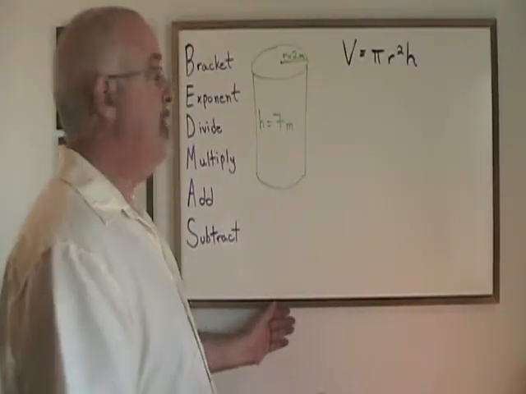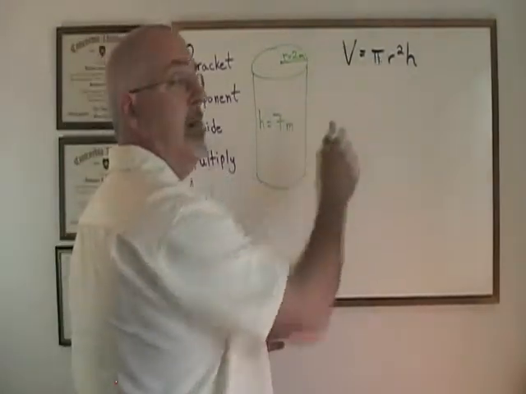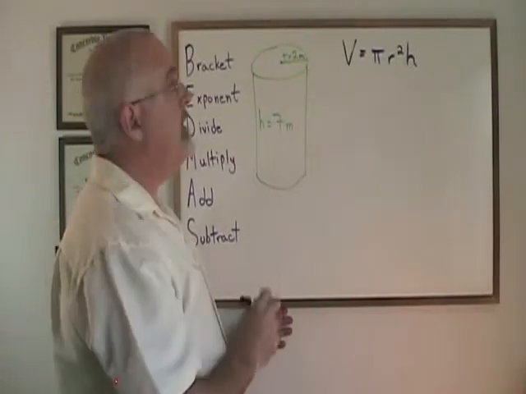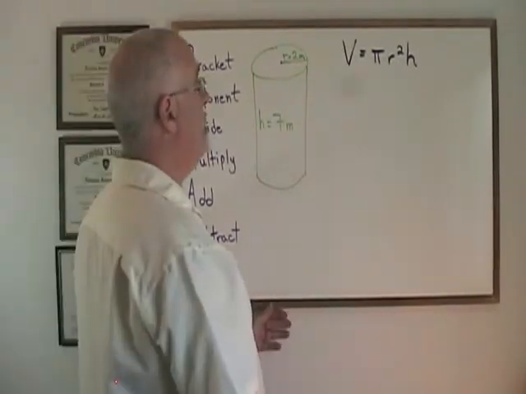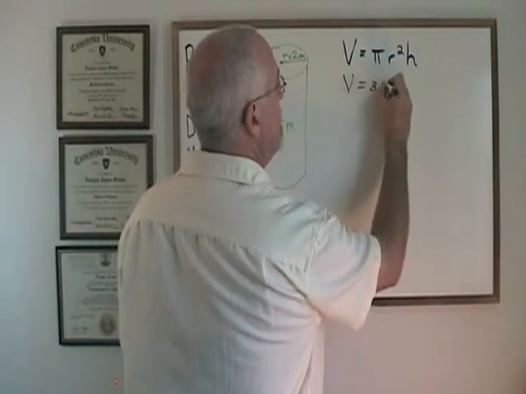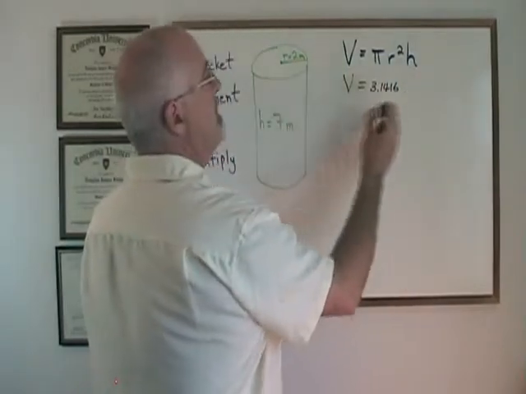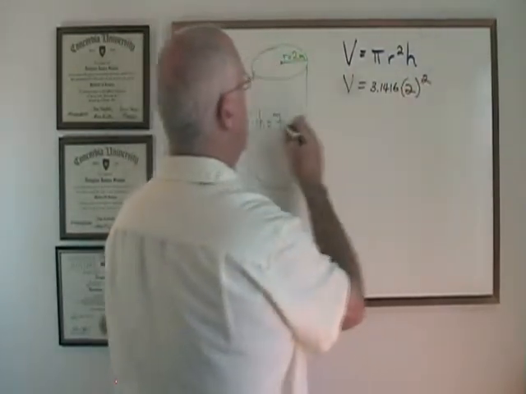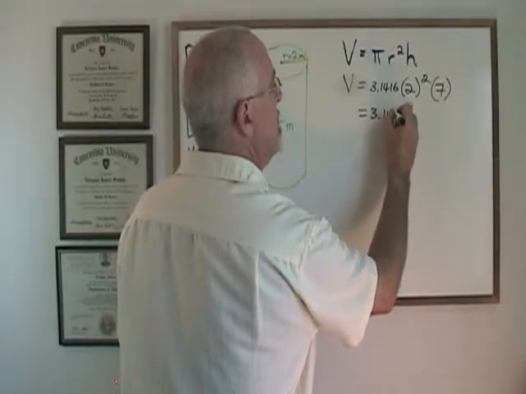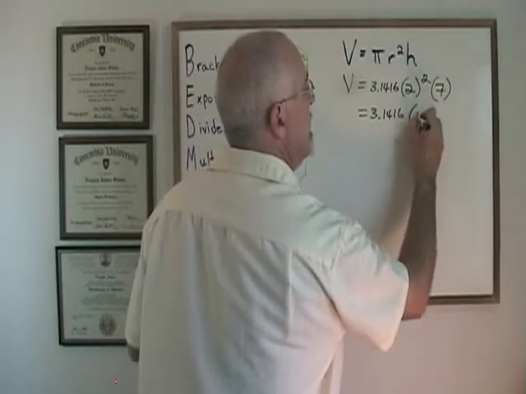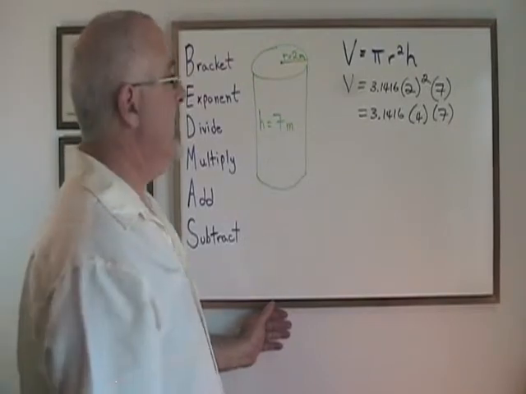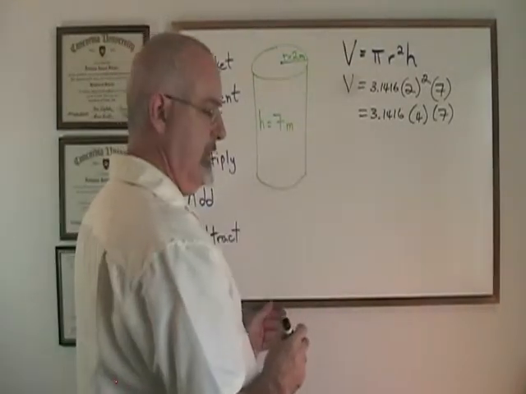Here is another example of a geometric formula which has r squared in it, in which we have to be careful to follow the rules of BEDMAS and square the radius before multiplying. We are using 3.1416 for pi. Our radius here is 2 meters, and our height is 7 meters. We have to make sure to square the 2 and get 4 before we multiply anything, instead of squaring later, to avoid mistakes. When we multiply out these numbers, we get